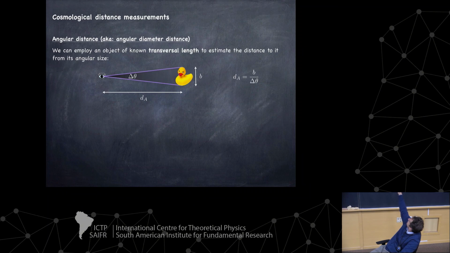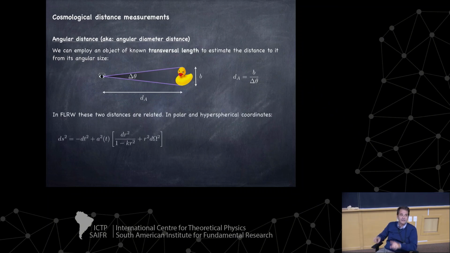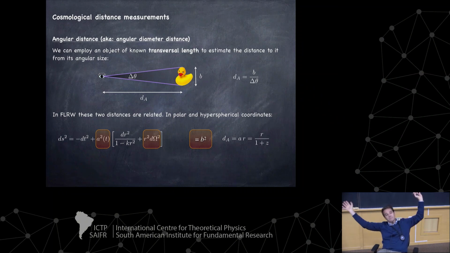So we define this angular diameter distance by the ratio between the physical size of this object and the angle it occupies in the sky that you're measuring. Say you measure a galaxy which is spherical, and suppose you know its radius from something else, and you measure that angle. Then you say, okay, the angular diameter distance to that galaxy is this here. Now,